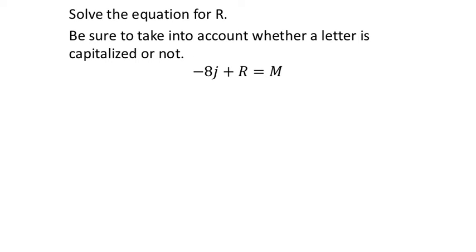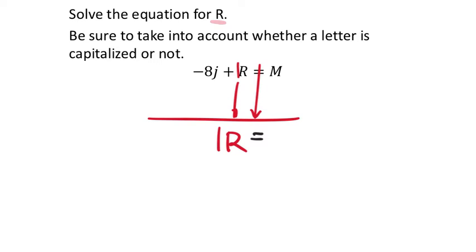So here's that example we saw. It does say up here, go ahead and solve for r, no problem. I found r right there. Now this is going to take some thinking, right? So we have to look at this and think, what do I want out of this? Since I'm solving for r, I'd like my final answer to be 1r. And in fact, the coefficient of r right now is a 1. So if I can just take that and drop it, then I'll be done with the problem, right? Which means that I've got this negative 8j with the 1r. It's being added